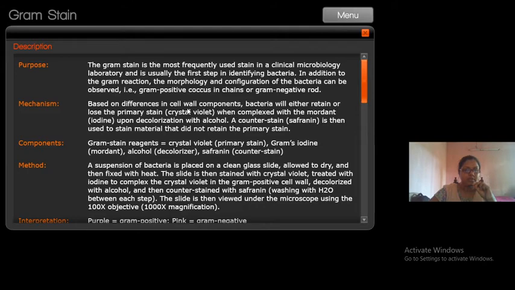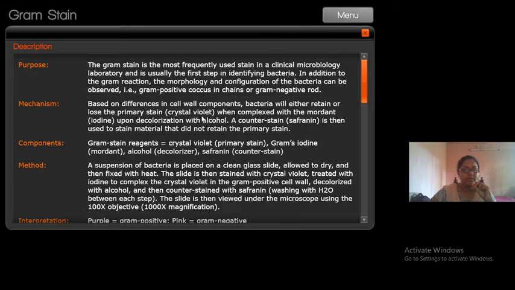It is due to the difference in their cell wall components, and the component responsible for this variation is the peptidoglycan layer. Bacteria have a peptidoglycan layer in their cell wall. Gram positive organisms have a very thick peptidoglycan layer. So when you stain them using the primary stain, crystal violet, they appear violet in color because the thick peptidoglycan layer absorbs the crystal violet.